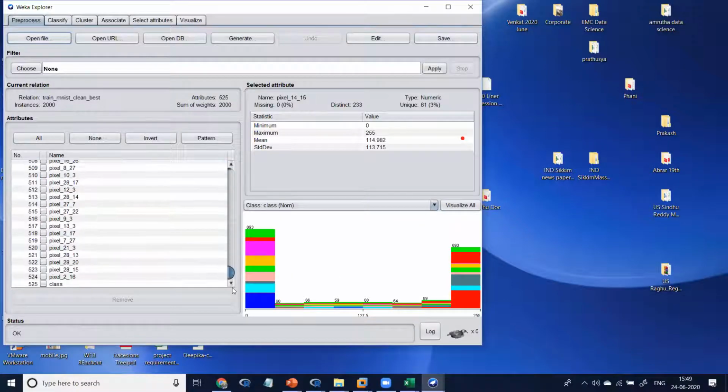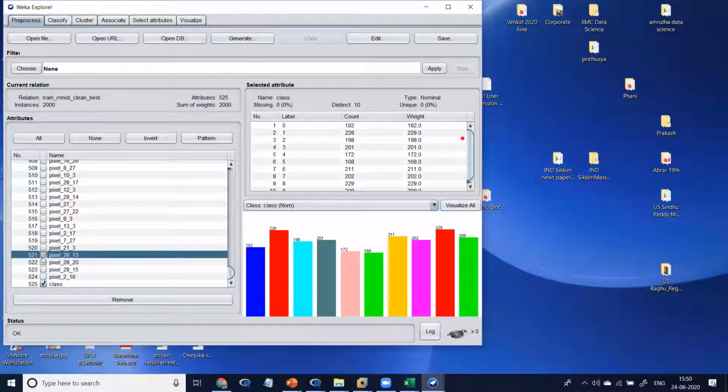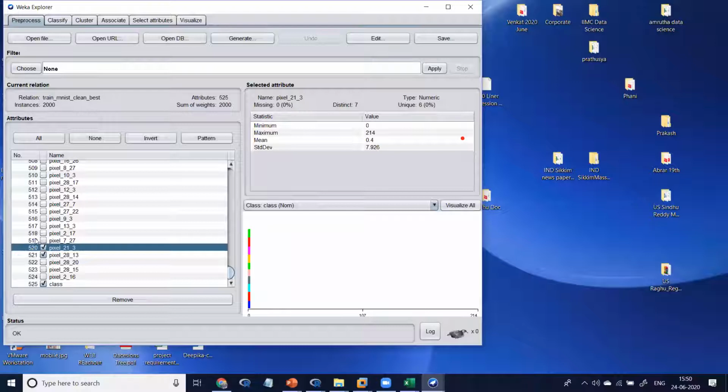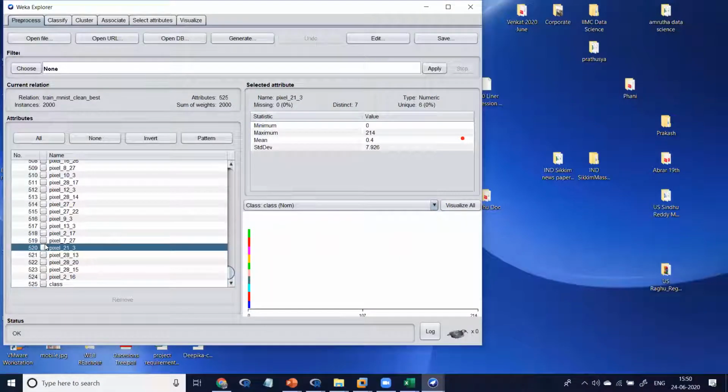I want to predict what is the cancer stage. These are the 8 levels, 10 levels I want to predict. These are the variables. 512 variables are there. For predicting, this is not a standardized data. This data should be converted into normalization.